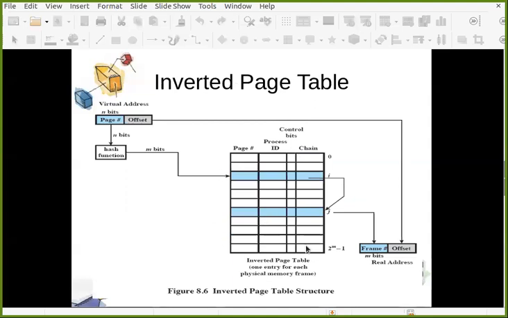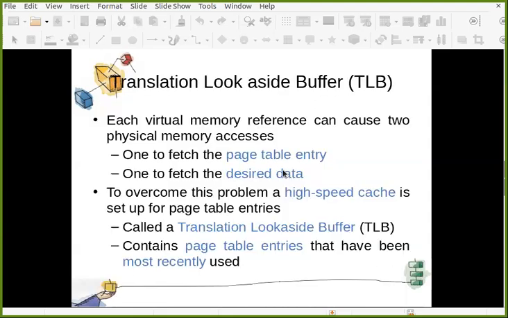Rather than putting these page table entries, whether inverted or normal, into the main memory, let us put them into some cache, and that is called a translation lookaside buffer. This special cache contains page table entries that have been most recently used.